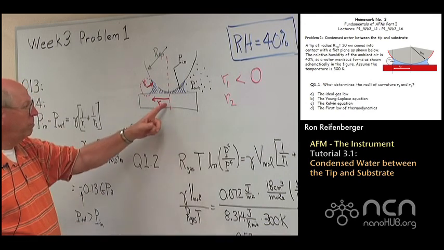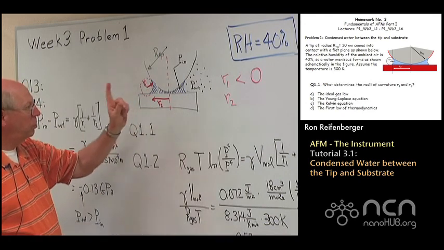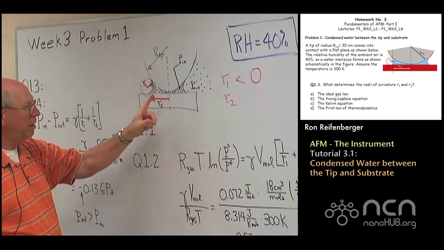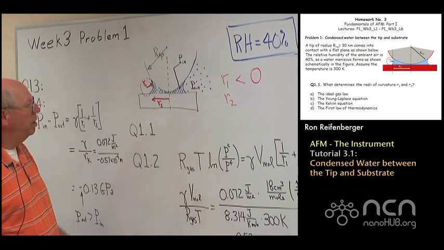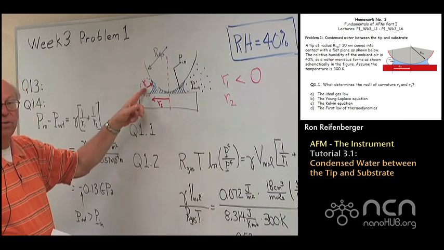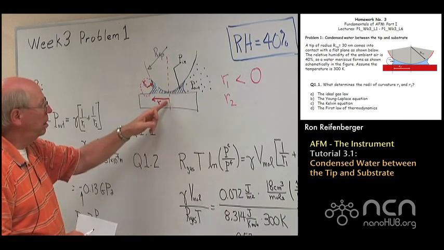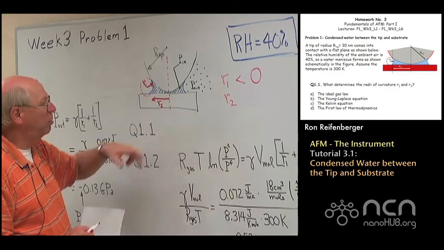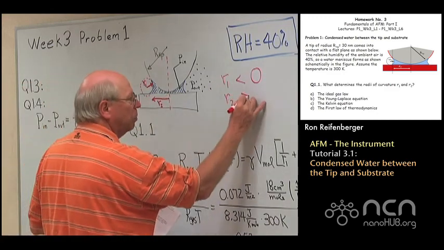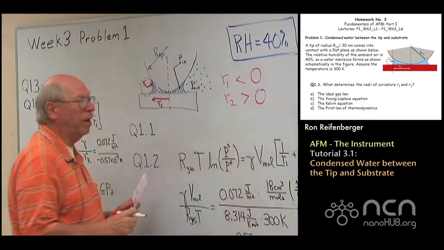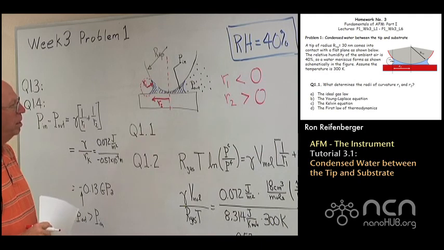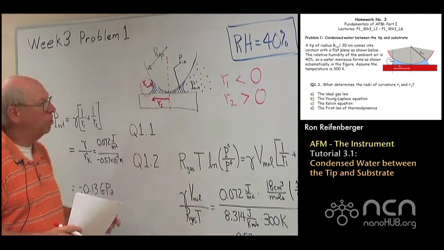The other radius of curvature is the circumferential radius that describes the macroscopic size of the drop. R2 is going to be considerably larger than R1. The center of R2 is located inside the liquid, so that means that this radius of curvature R2 is going to be greater than 0. It's going to be a positive number in the statement of this problem. So that's something to keep track of as you work through this.